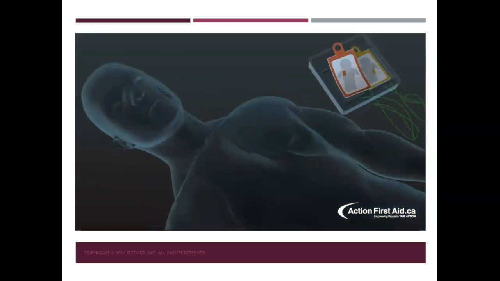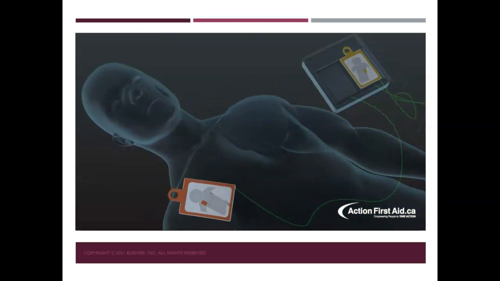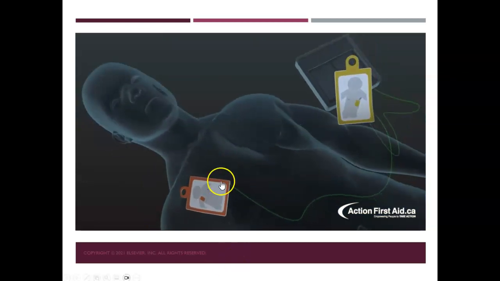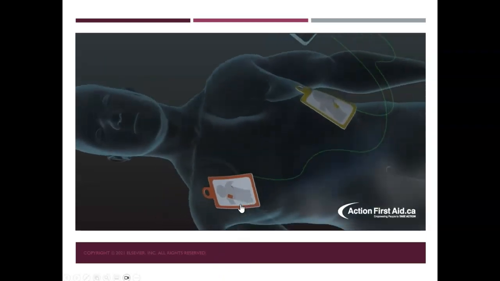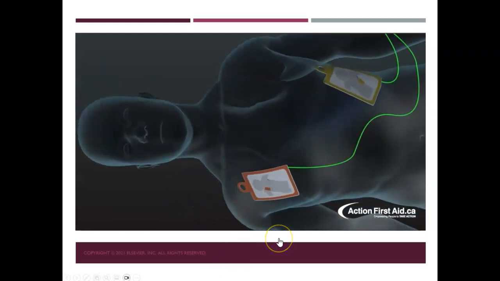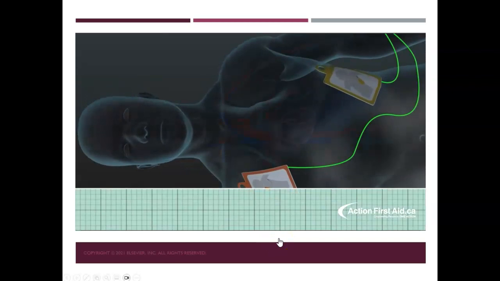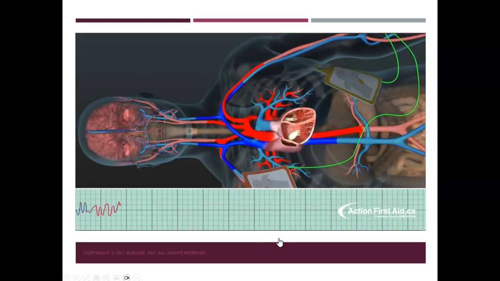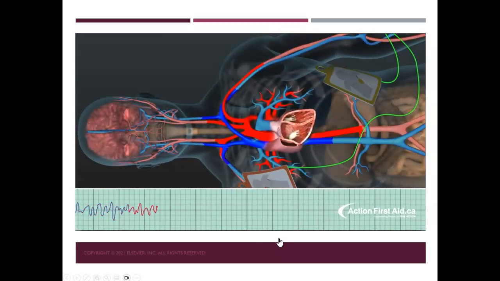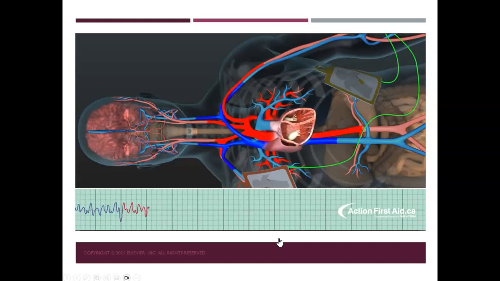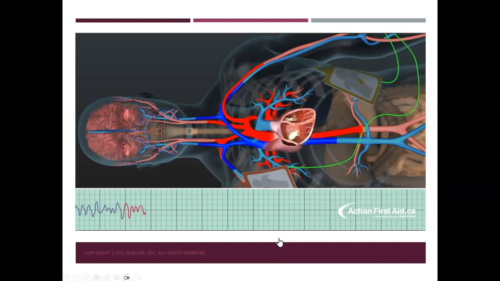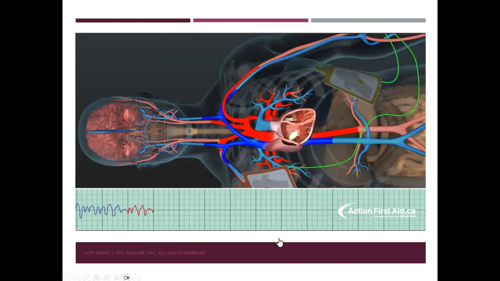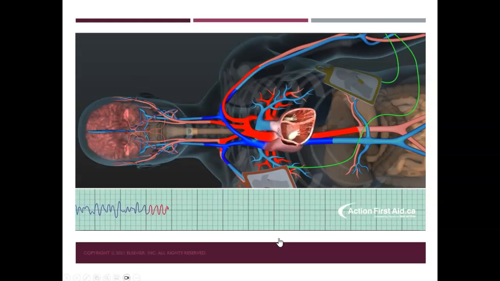Once you turn on an AED, the machine will begin to speak to you. Follow the voice prompts. Once the pads have been placed, the AED will instruct you to stand clear and to not touch the patient while it does an ECG of the heart. The AED is designed to determine if the heart is in a normal rhythm or if it needs to be shocked. In this case, the heart is in ventricular fibrillation, the most common rhythm when someone goes into sudden cardiac